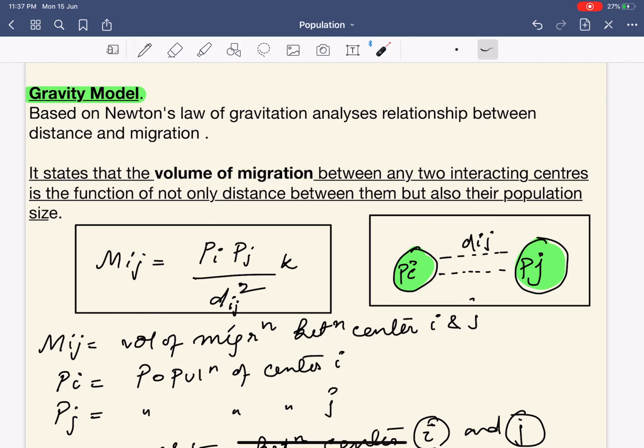If it's a 20 marker question, remember that you have to write the gravity model, the demerits of the gravity model, and how Stouffer made the modification. Now if it's a 60 marker question, it could be quite challenging for you to write every point over there. But I would suggest if you can mention all the points, that will be very, very beneficial for you.